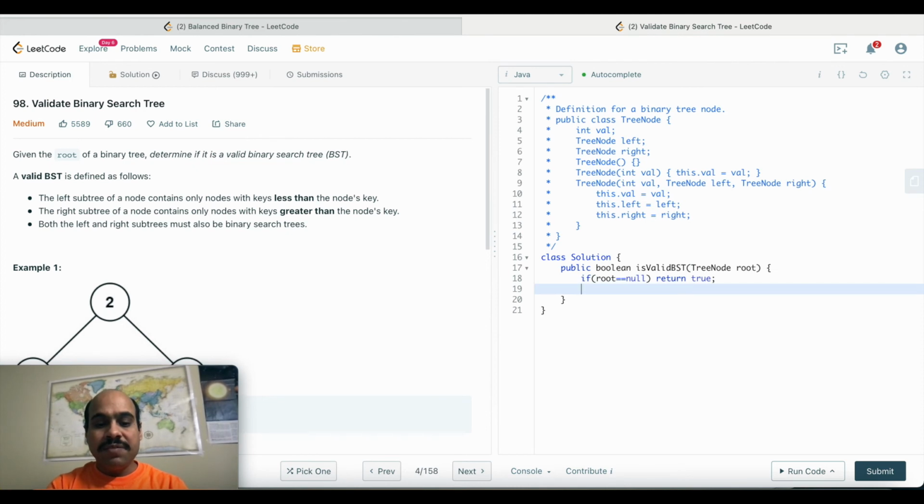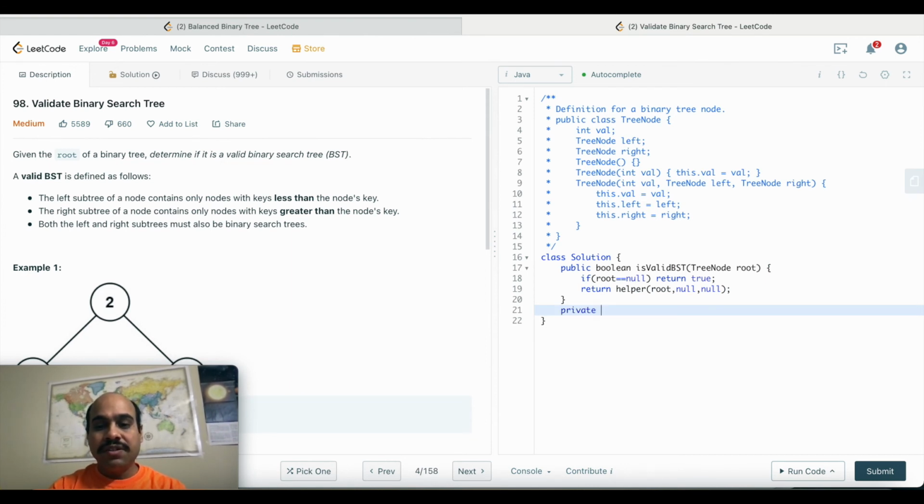Then I will use a helper function and I will call it helper. I will pass root, and as discussed we will pass null for min and null for max value, and whatever that function returns, we will simply return that answer. Here that function should also return boolean, because the main answer is boolean and we are simply returning whatever is passed from the helper function. So again, helper will return boolean,